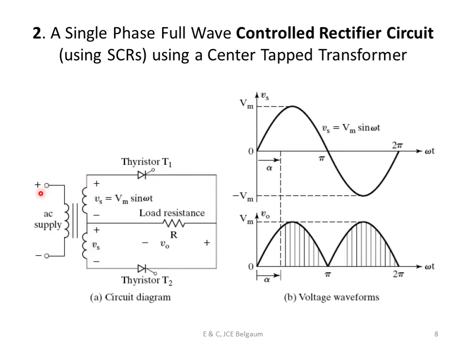So now during the positive half cycle, what happens? Who is forward biased? T1 is forward biased, T2 is reverse biased. But will it start conducting here? No, it will not conduct here because the gate has not yet come. When is the gate coming? We are assuming the gate arrives at an angle of alpha. Before 90, this is 90 degrees and this is 180 degrees. So let's say alpha is an angle which comes here and the trigger pulse comes. So it is at this point that your switch is going to turn on.